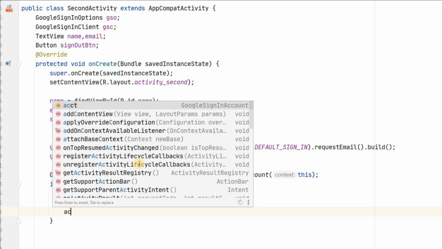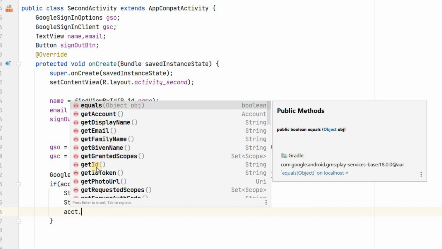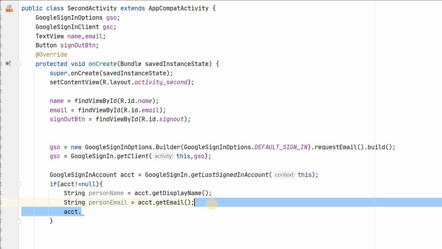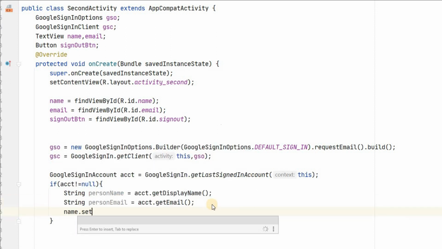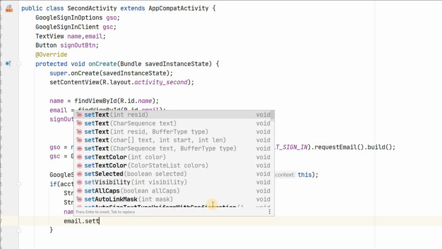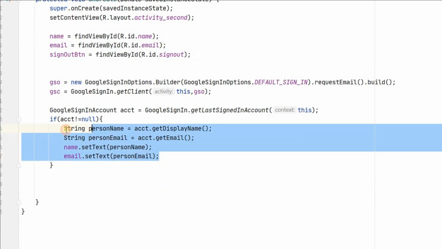We have lots of data like account dot, you can see over here we can get family name, given name, getId, also getPhotoUrl, anything you can get from the signed in email. So we'll set this to the text views: person name, and for email we will set person email. So this is the data of the logged in user.